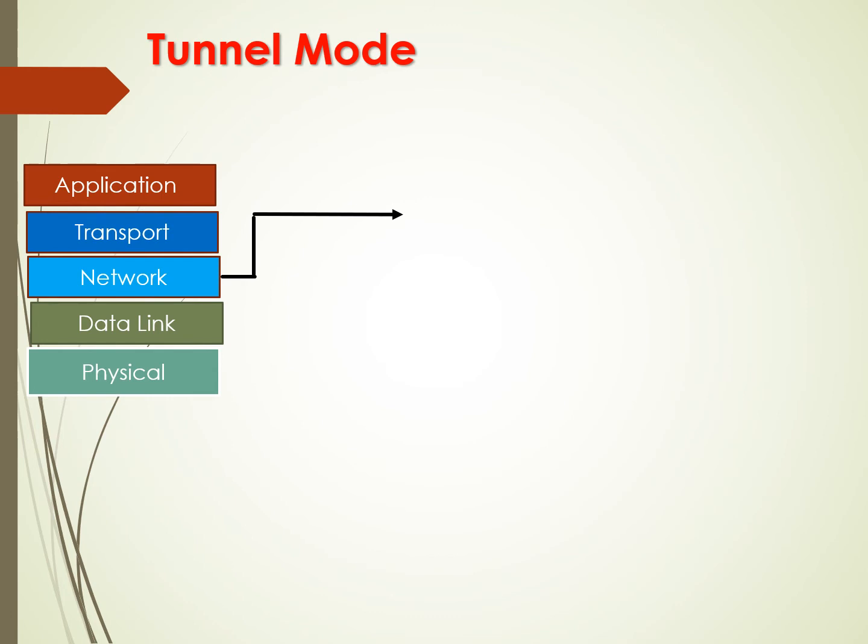In the earlier slides' discussion, we started with the transport layer, and when the data is delivered to the network layer, one more layer is introduced. That was the IP security layer. But here, we'll start our discussion with the network layer itself. Let us assume that the transport layer has already delivered the data to the network layer, and see how the data will look in the network layer.